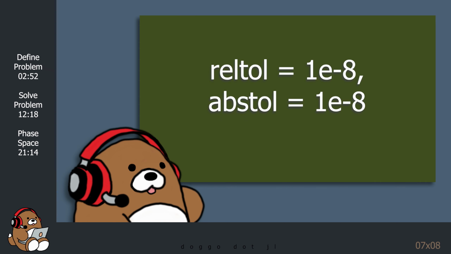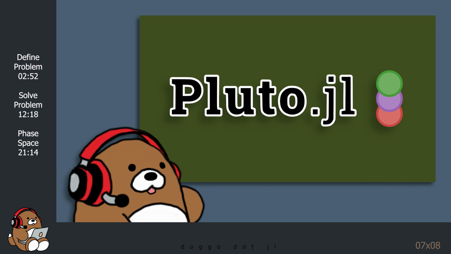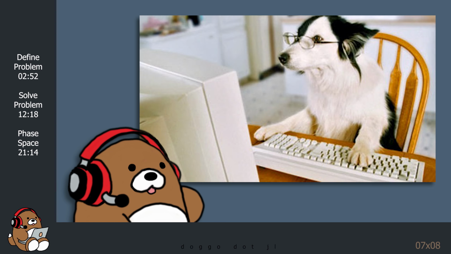One new thing that we learned is that we can increase the precision of the solution by adding a couple of keyword arguments to the solve function for the relative tolerance and for the absolute tolerance. As you can see, the DifferentialEquations.jl package is a powerful package that can solve a wide range of problems. Pluto is also proving to be very capable of generating increasingly more sophisticated models. We still have a lot of challenging differential equation problems to tackle, so stay tuned for the next exciting episode.